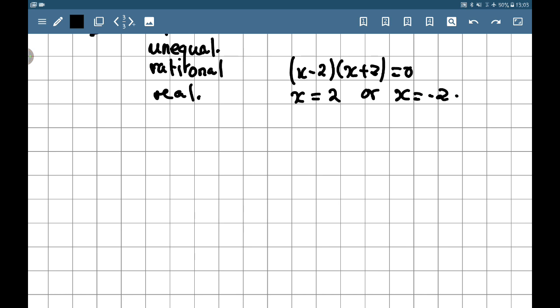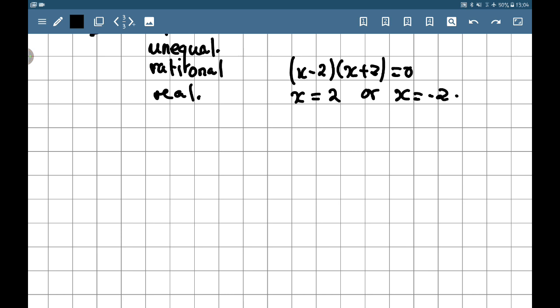It's rational, it's real, and it's unequal. Mind you, if they are non-real, they cannot be rational, they cannot be equal, they cannot be whatsoever because they don't exist. So only existing roots can be investigated. Are we clear? But for us to do this, we need to use now